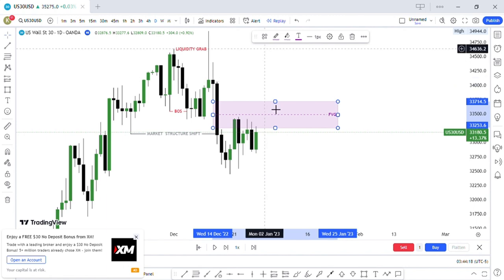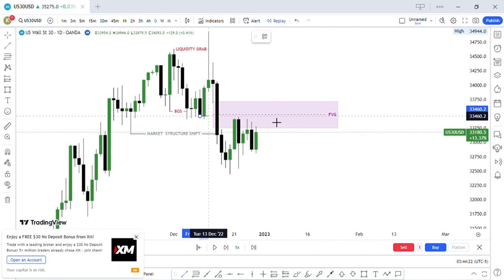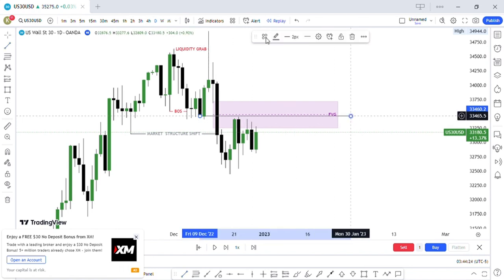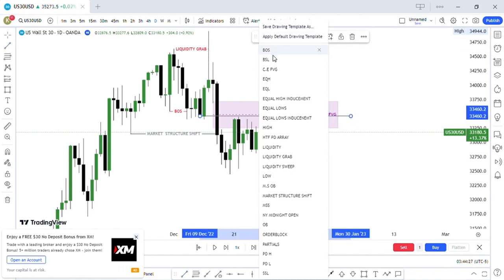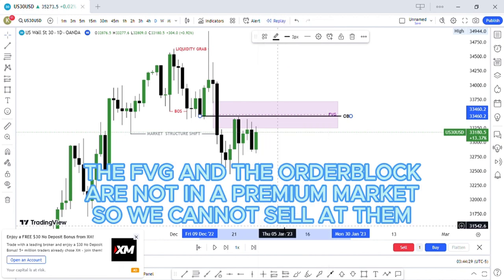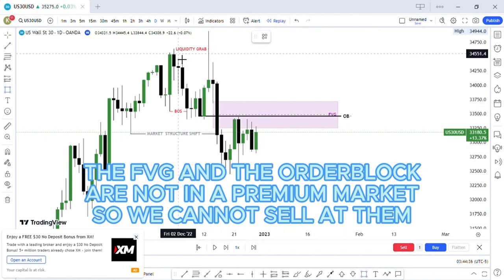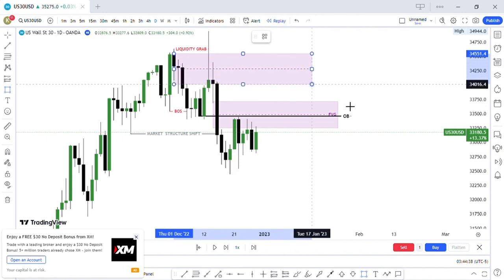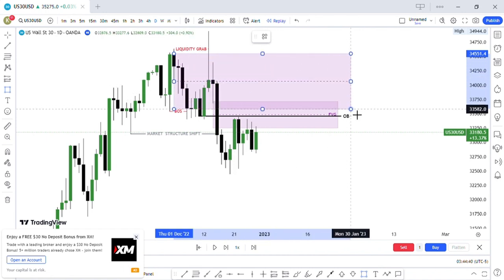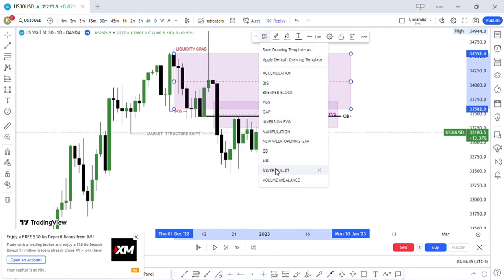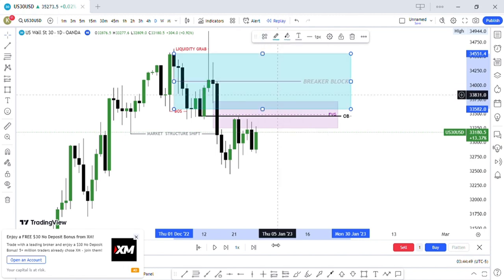A fair value gap. Do we have an order block? We have an order block here. The open of an order block here. Do we have a breaker block? We have a breaker block. And now what do we look for? We look for